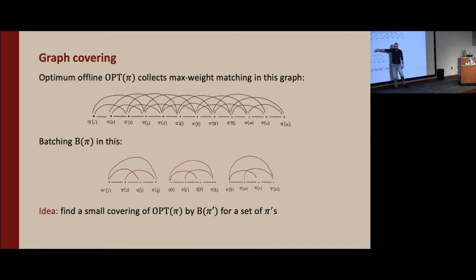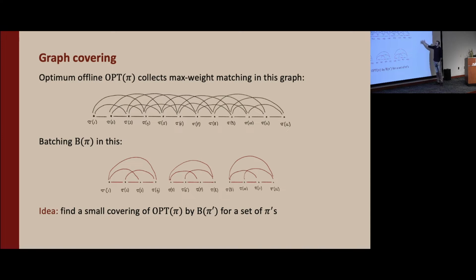Now, how does batching work? Batching every d plus 1 steps finds the maximum weight matching. So the support of batching is these cliques of size d plus 1. Now, if I go back to the example, imagine if you have only one edge, the probability that this length is at most d is going to be the value of optimum here. The probability that it falls within one of the batches is half of that.